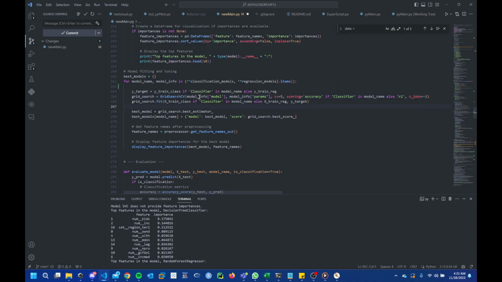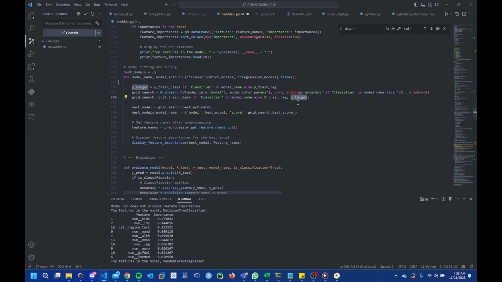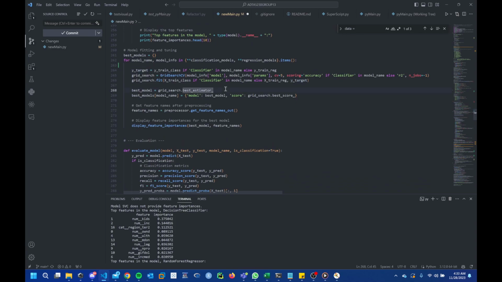It takes in a bunch of parameters like the model info parameters, scoring accuracy, and then if it is the classifier in the model name, it does its thing, else it's R2. So if it's a classifier in model name, it does that, else it uses R squared as its metric. And then grid search.fit, if classifier in model name, else x train reg y target, right? So it's basically checking this classifier. And then the best model equals grid search.best estimator, since we're trying to,